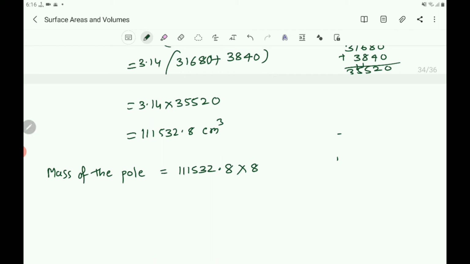That becomes 8 8s are 64, 8 2s are 16 plus 6 is 22, 8 3s are 24 plus 2 is 26, 8 5s are 40 plus 2 is 42, then it becomes 8 1s are 8 plus 4 is 12, 8 1s are 8 plus 1 is 9. So how much will you get? 892